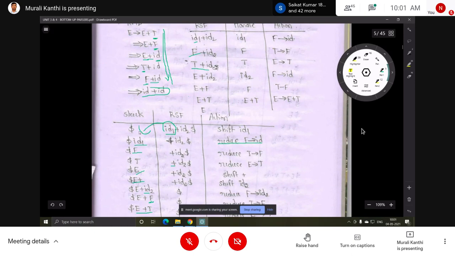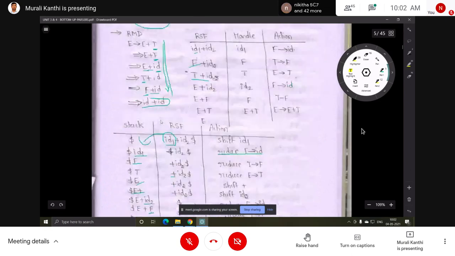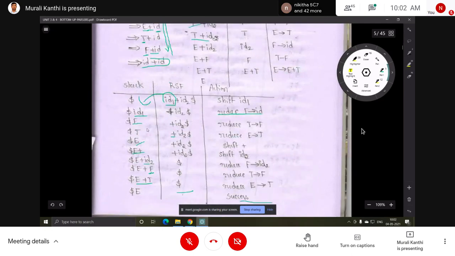Okay, first initially the stack contains dollar, and the input buffer contains the input string, then dollar is placed into the buffer. Mainly we have to look at the stack. We are supposed to find out the handle. A handle is a substring that matches the right hand side of the grammar. Any one of E plus T is a handle, or T, T into F, F, or E within opening and closing parenthesis, or ID is also a handle. These are the handles according to this grammar. We have to find out whether any of these appear in the stack.